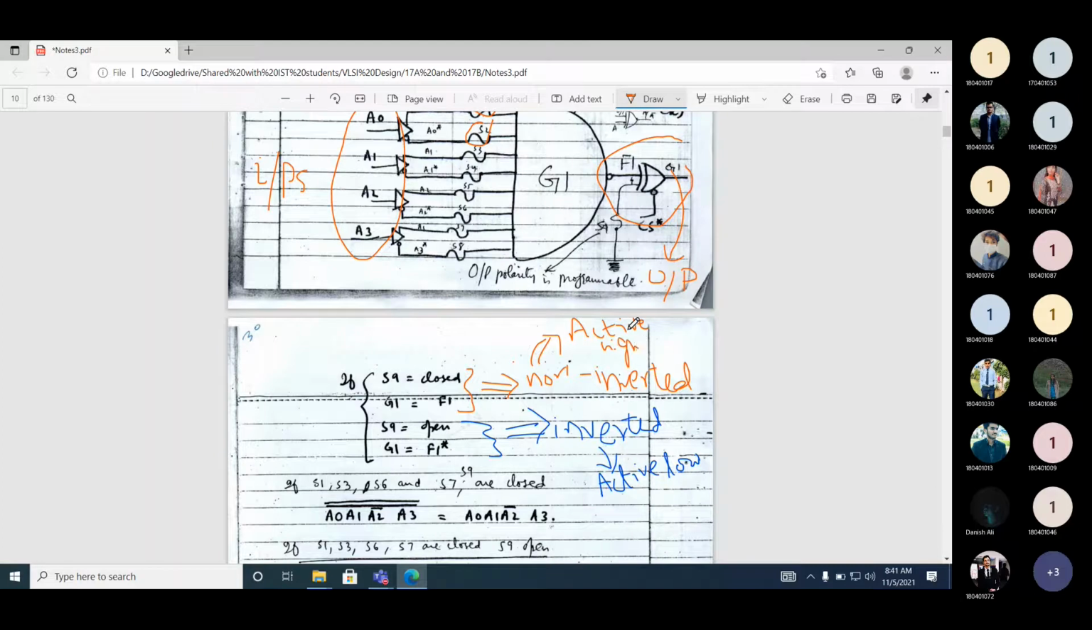Now what about this CS bar? CS bar is the enable signal. So is this CS bar active low or active high? Active low. So it means that if CS bar is equal to 0, output will be either F1 or F1 bar, depending on the status of which switch? S9. Depending on the status of switch S9. But if CS bar is 1,